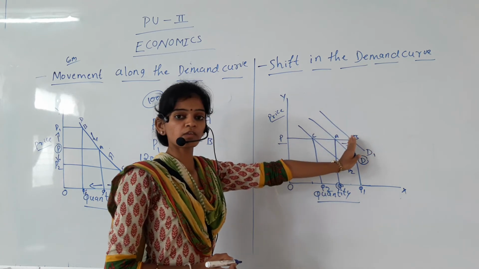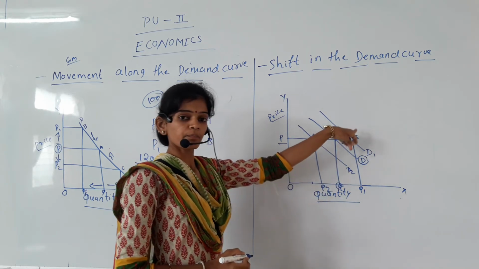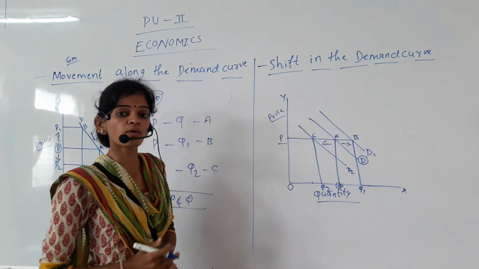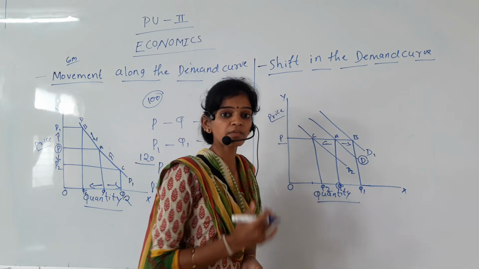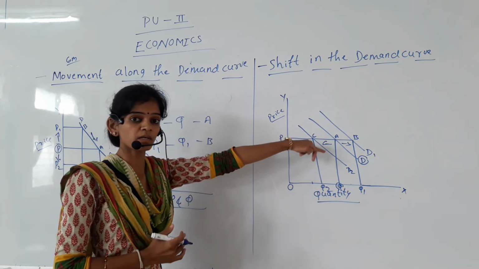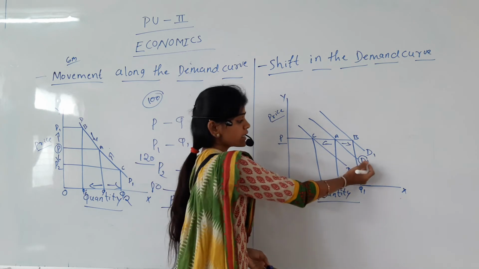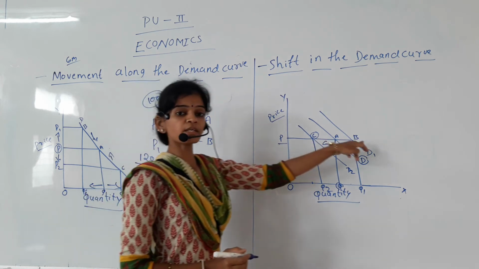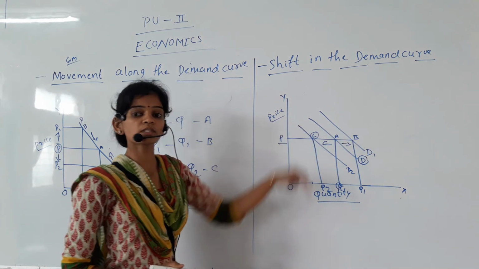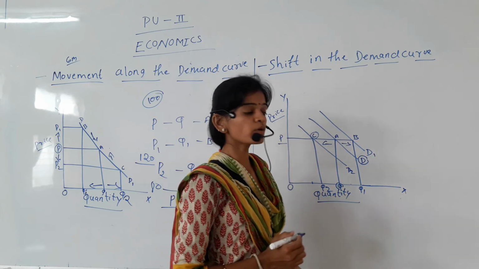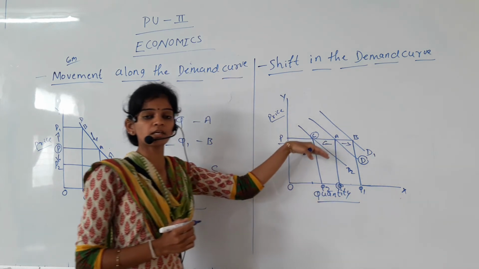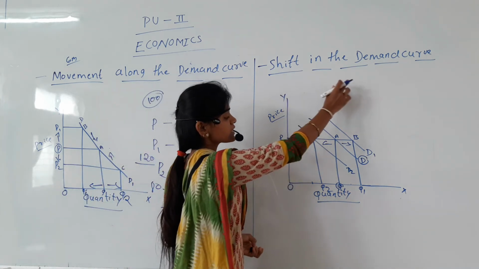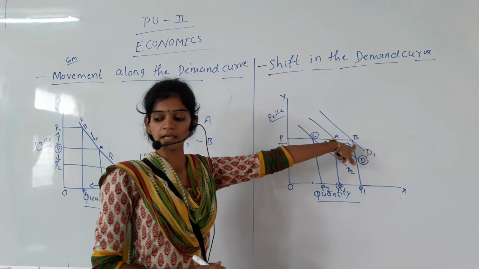Also the equilibrium point will change from A to B. In the case where the consumer prefers less quantity of a good, an unfavorable good, the demand curve shifts to D2 and the equilibrium point is C. There is rightward and also leftward shift: sometimes the consumer prefers more quantity of a good, and sometimes less quantity, in favorable and unfavorable conditions. That's why the shift in the demand curve contains rightward and leftward.